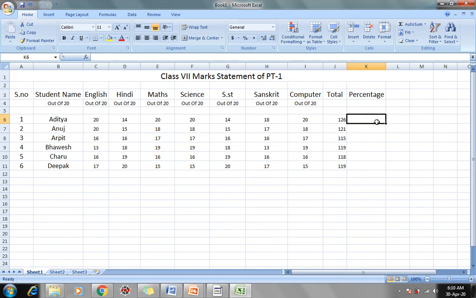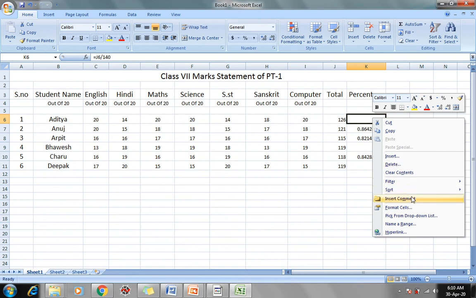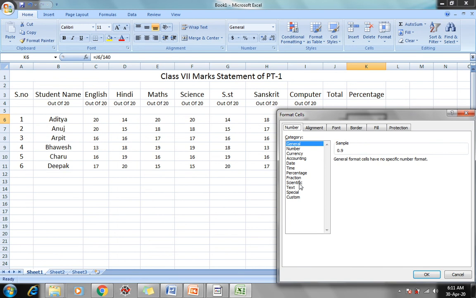So equals J6 divided by 140, times 100. Just simply drag it, and then we format cells as percentage.